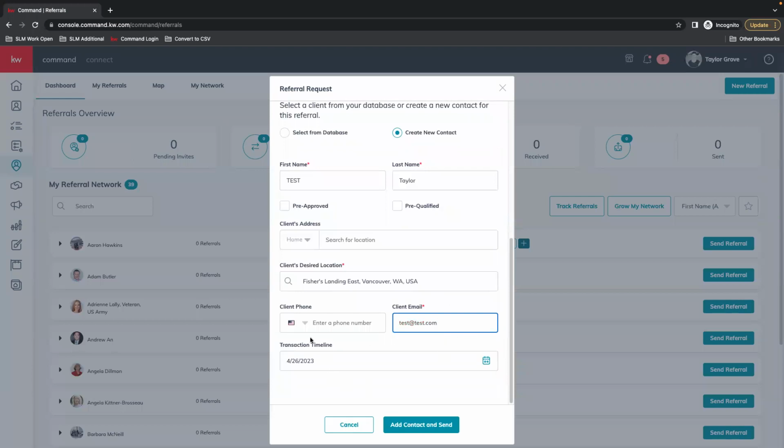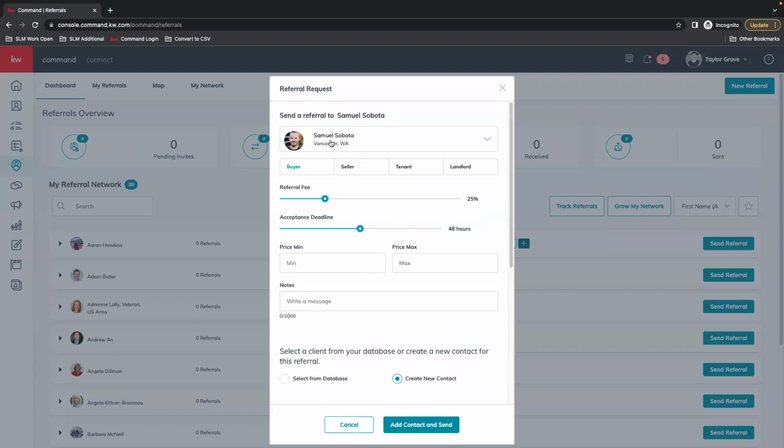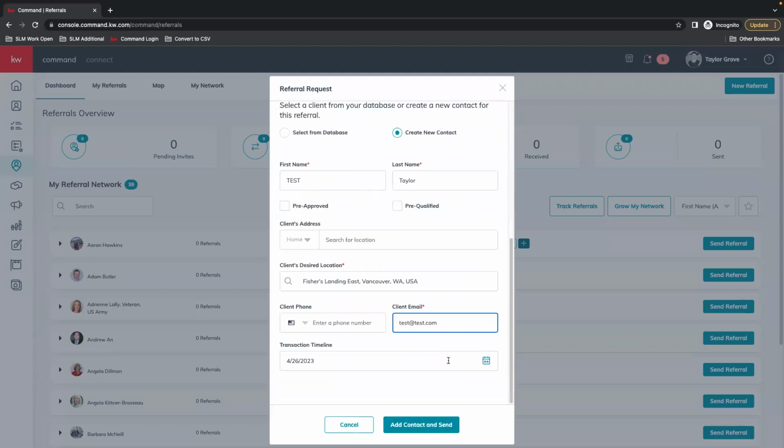And the transaction timeline. So when they're looking to buy or sell. And if you do create a new contact, this will add the contact to your database as well as send the information to this individual.